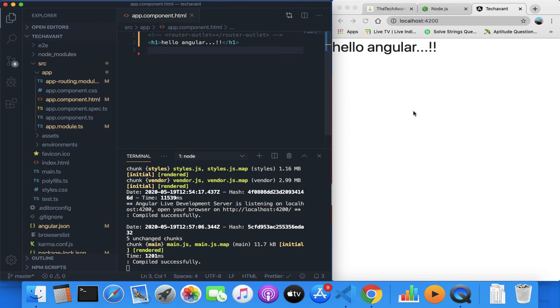As you know, in Angular we don't need to refresh the pages, right? I've just saved it and it is automatically displayed in the web page. This is the advantage of Angular. Once you're done, go to app.component.html and type anything, like hello Angular or hello world, and if it starts displaying on localhost 4200, then Angular